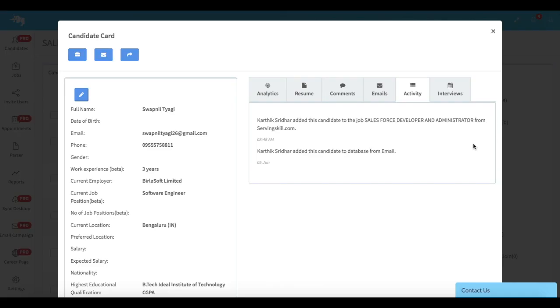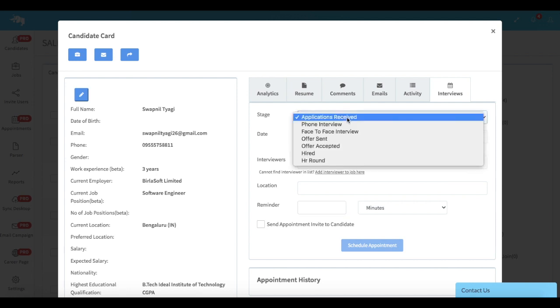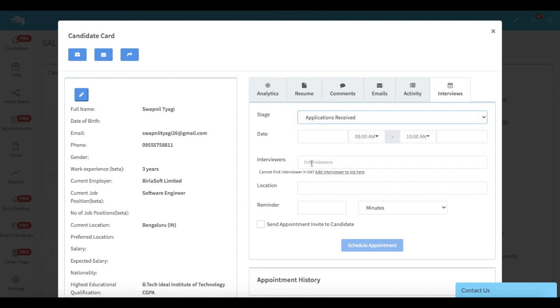When viewing this candidate's profile from within a job, you even have the interviews option enabled. So if you click on the interviews tab, you can schedule an interview by entering typical details that you would enter in any calendar. So you would enter the dates and the timings of the interviews, the location, and a reminder even. And also there are these additional fields where you can enter the stage of the recruitment funnel in which you want the interview,